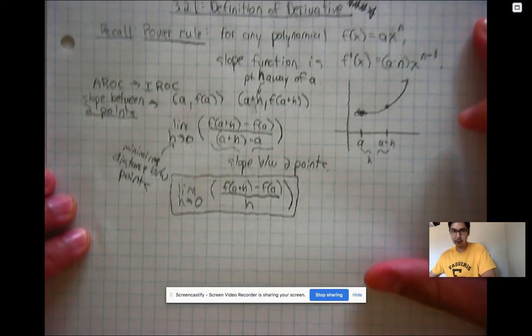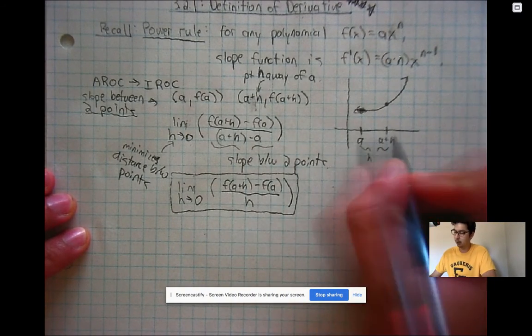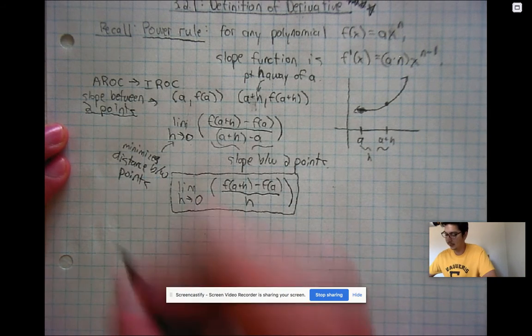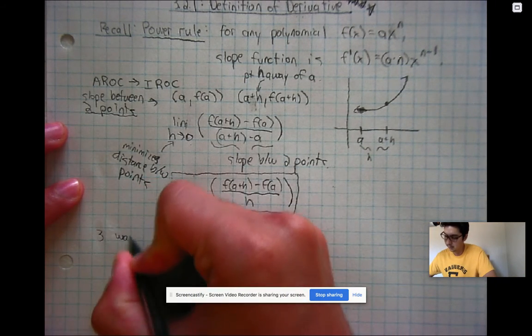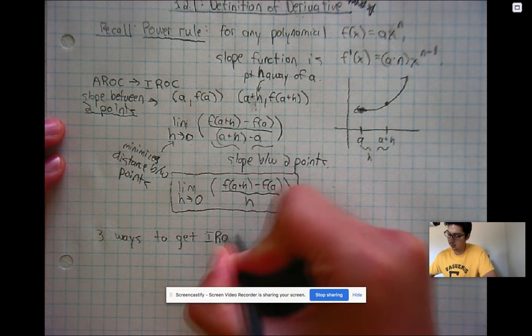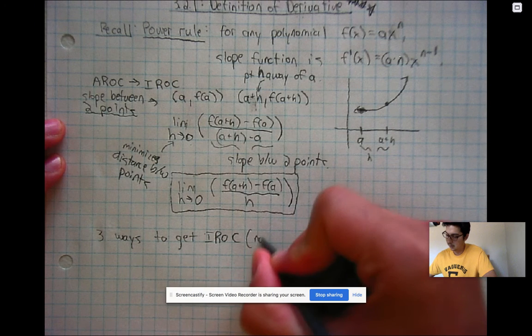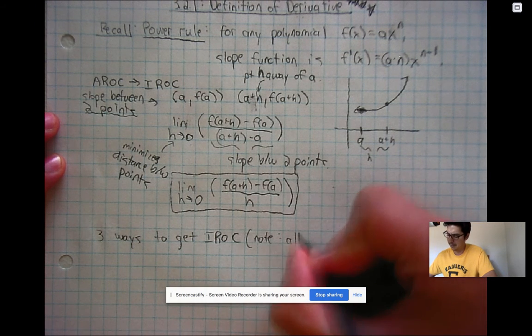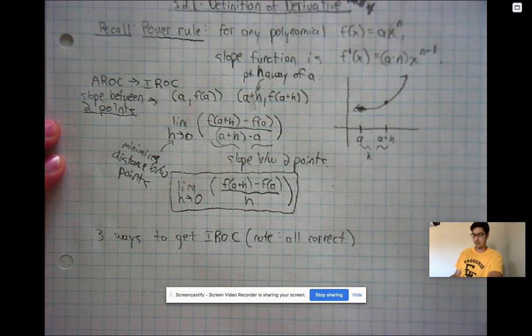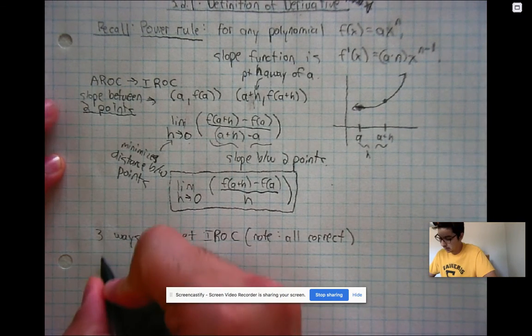Now, one thing to know with this previous example is notice that we picked a point to its right. And there's actually 3 ways to get the instant rate of change. And do note that they're all correct. It won't matter which one you choose. One of them is more conventional than the others, but they're all the same. So the first one